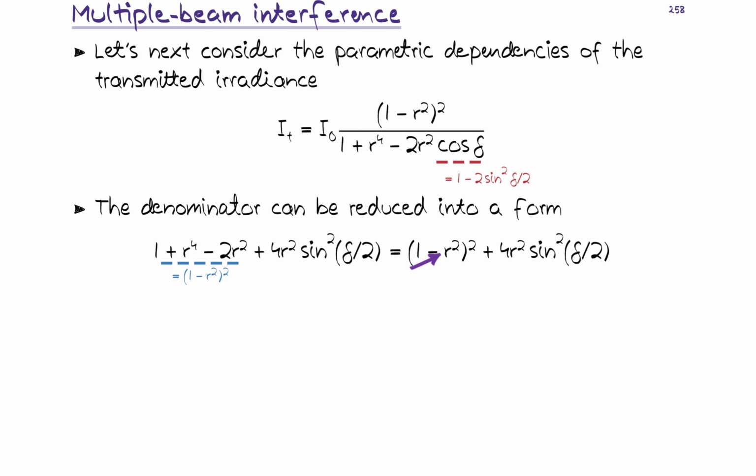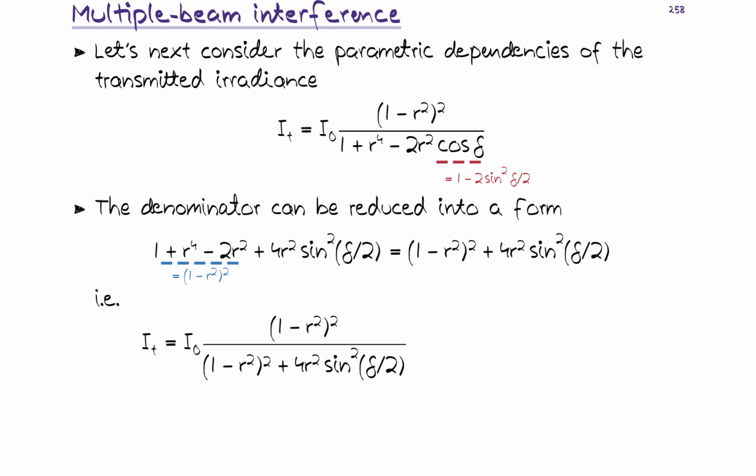And the nice thing here is that then we have something on the denominator that looks like this, and lo and behold, we have exactly the same kind of term here on the numerator, so that the things become easy in terms of simplification. So we have the transmitted irradiance, so it's I naught, the incident irradiance, times these different terms, and now we can really divide all of these different terms in the fraction with this term we just